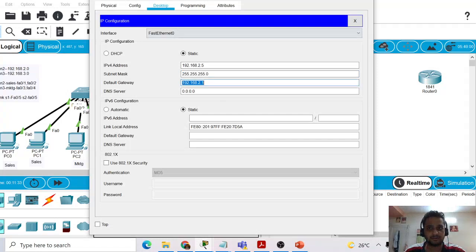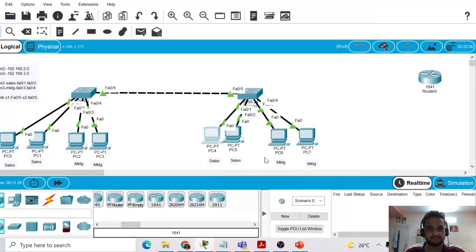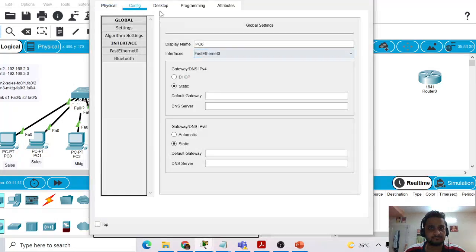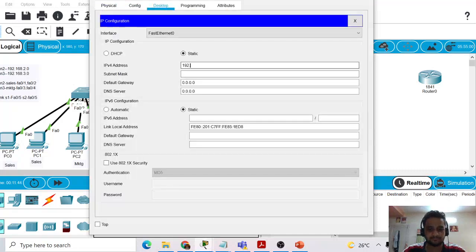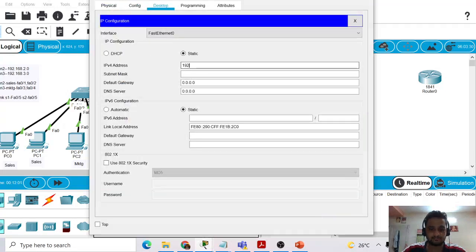This is the default gateway. So I have done configuring the IPs and its default gateway.